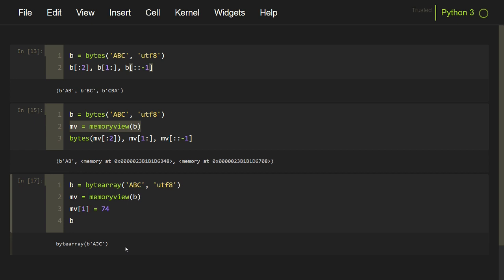Notice that I am modifying the element of the memory view and then printing the original object, and the change is reflected in the original object as well, which shows that memoryview works on the original memory location instead of creating copies. This is an advanced function. You will find this useful when you are trying to optimize large-scale programs for space and time. I am saying time because creating copies not only takes space but also time to copy data from one memory location to another. When your RAM limit is getting full by your program, or the program is running too slow and you suspect this is because of the memory operations, then you can consider using this memoryview function.